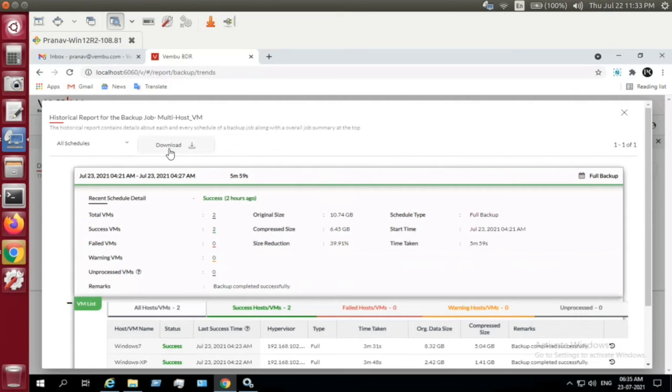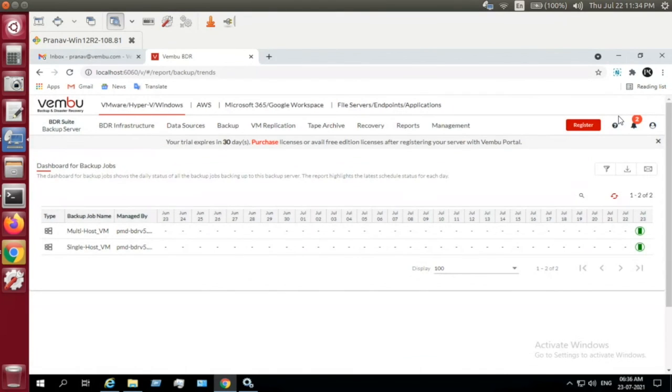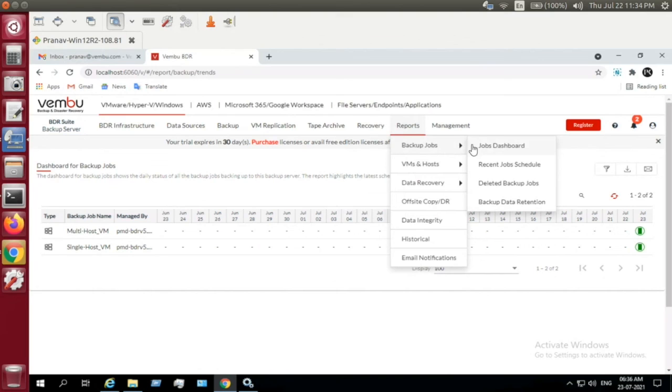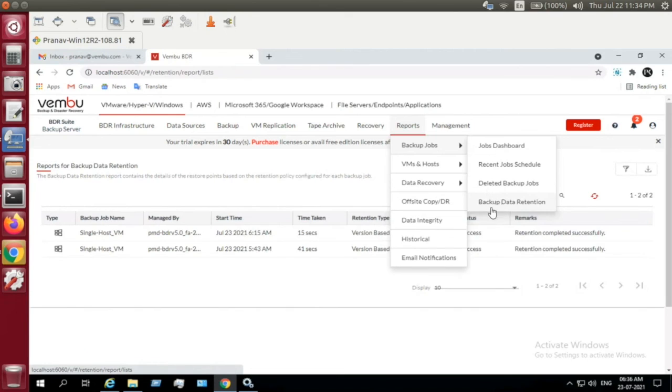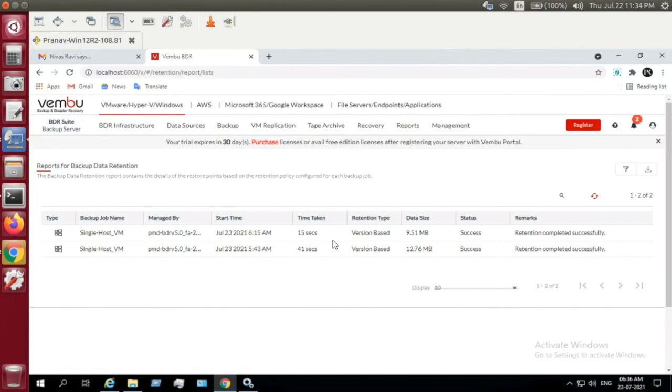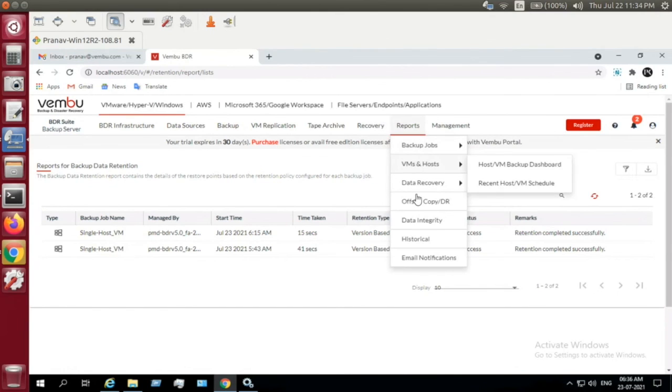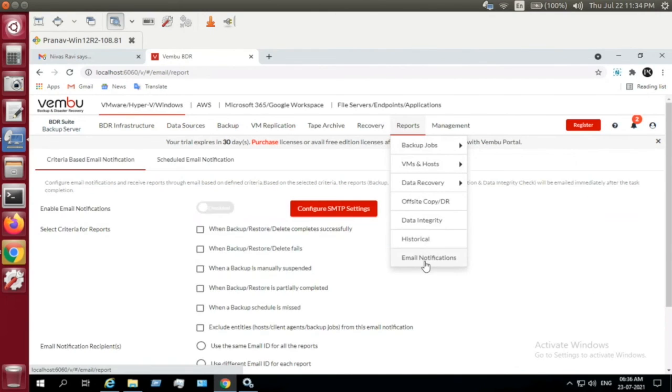And you can even download this data for internal audit purposes, mostly in CSV format. And yeah, we have multiple reports that satisfy your needs. Even your backup retention report, so the retention that has happened will also be shown here. That can also be downloaded, or you can set your email notifications.